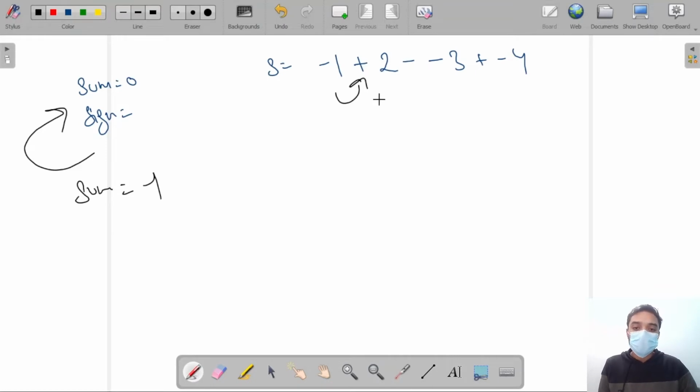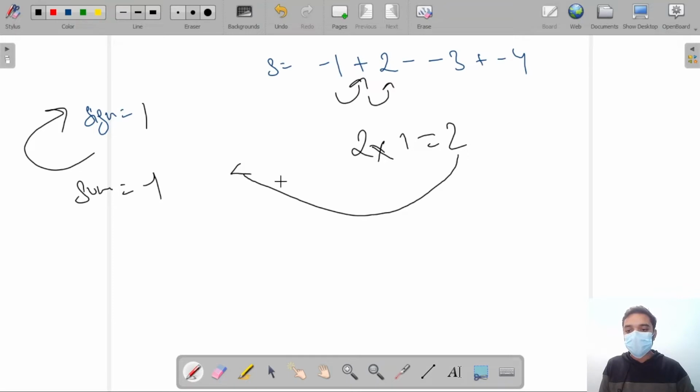Okay, so after this I got 2. My sign was 1, because I updated my sign also, and my sum is updated to -1. Fine. So now I got 2 here. So I'm going to just multiply it with our sign, that is 1. 2 multiplied by 1 is equal to 2, and after this I am going to update my sum with this,